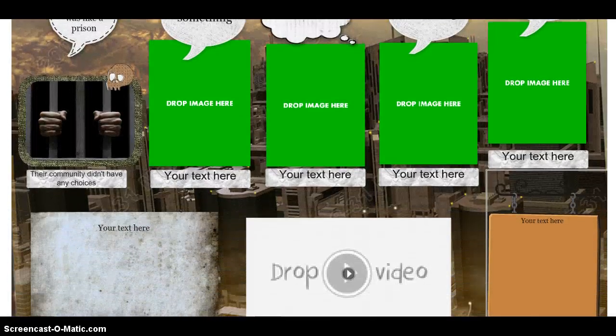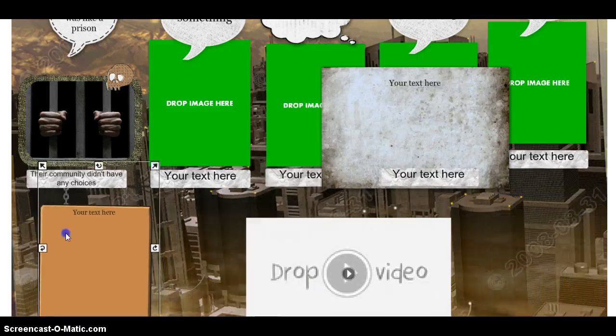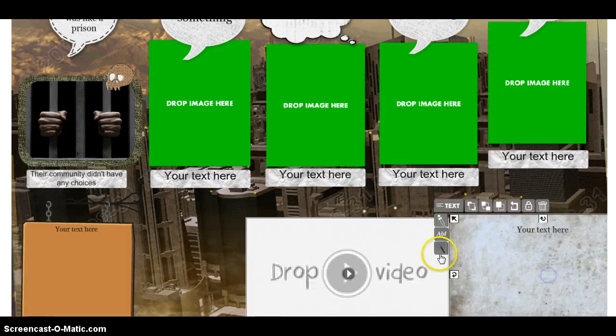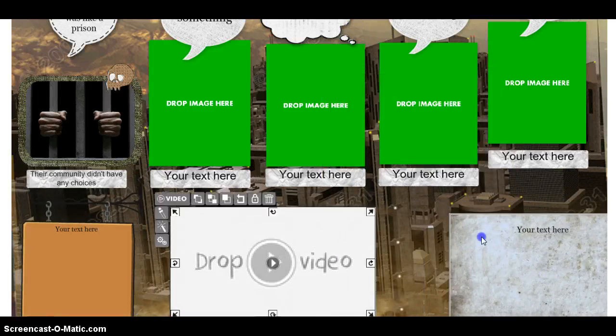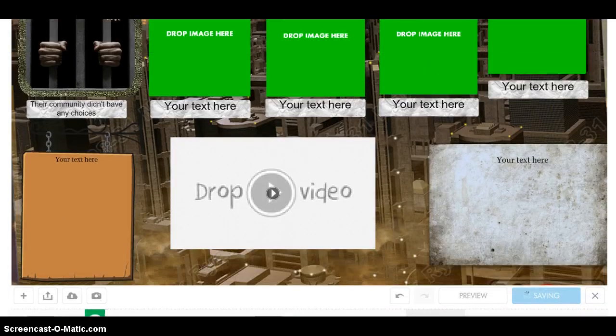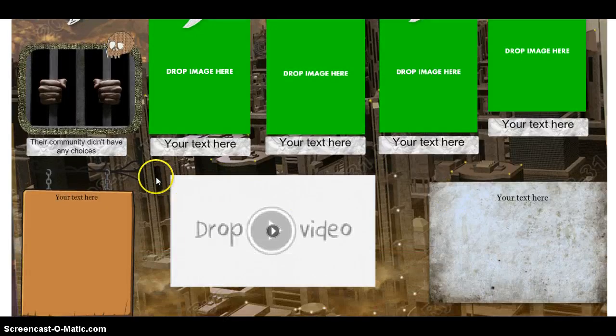Another thing you can do is you can rearrange the page any way you want. So nothing is set, everything is movable. So you can really make it your own. Even if you use a template, you can change anything that you want. If you want to add different things,